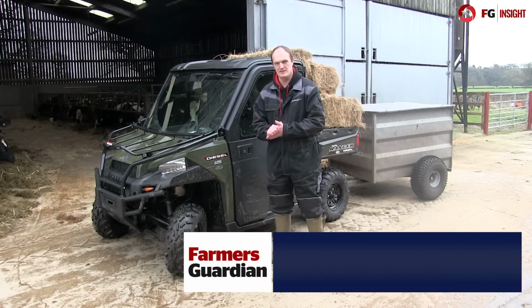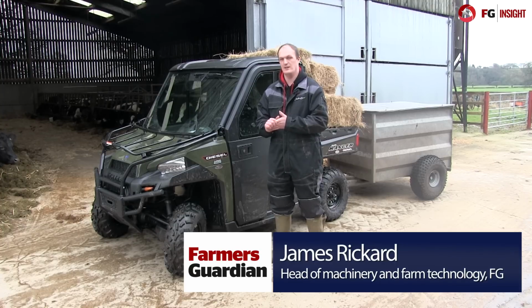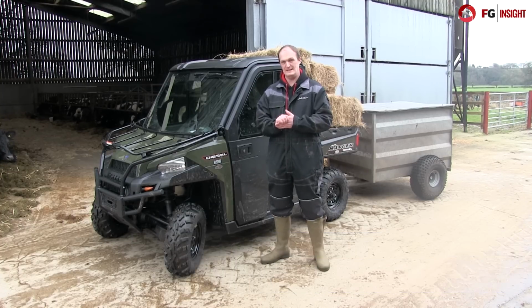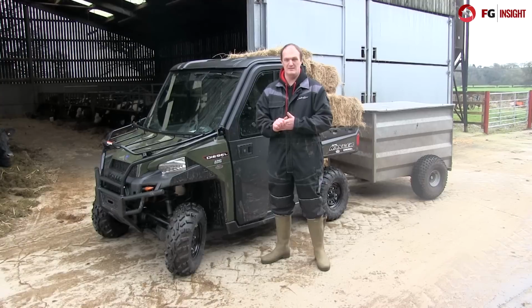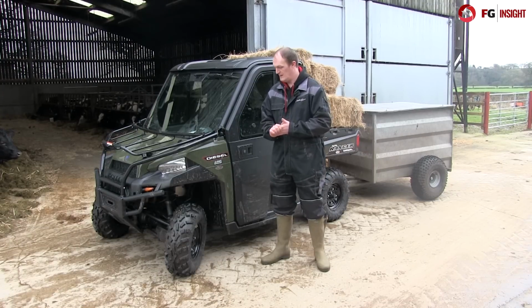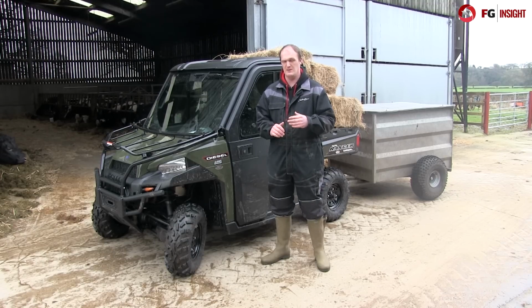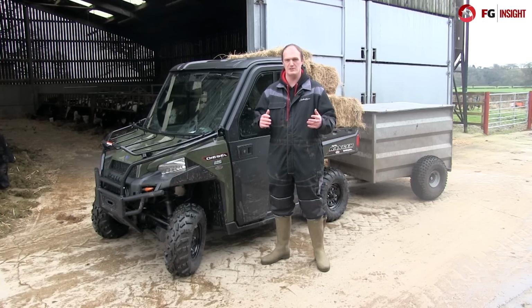Now it doesn't seem two minutes since we last test drove Polaris's diesel Ranger 1000 UTV. In fact, that was about 18 months ago, and back then, to be fair, we really liked it. It's a good solid workhorse. However, we had one major criticism about it, and it's a criticism that also extends to pretty much all UTVs